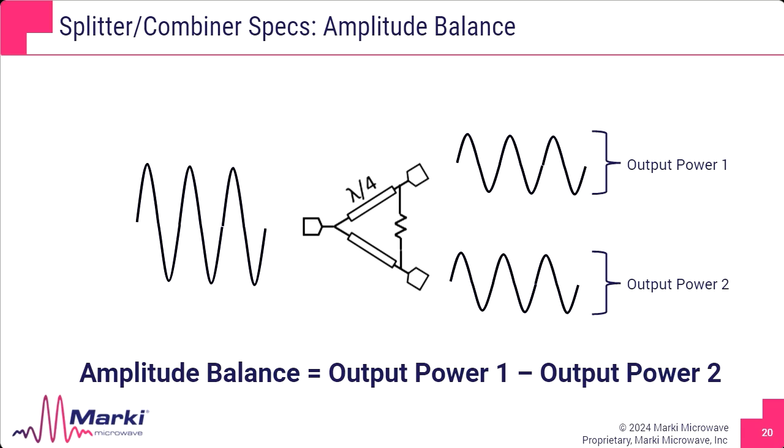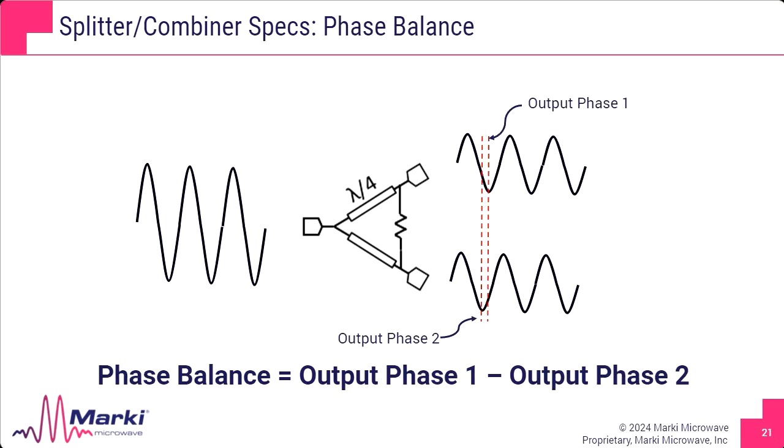Much like amplitude balance, the other side of this is the phase balance. And the phase balance refers to the relative phase between the two outputs. In an ideal dividing scenario, the output phases should be perfectly aligned, so 0 degrees apart. And this ensures that the signals, when they leave the divider, arrive at their desired location at precisely the same